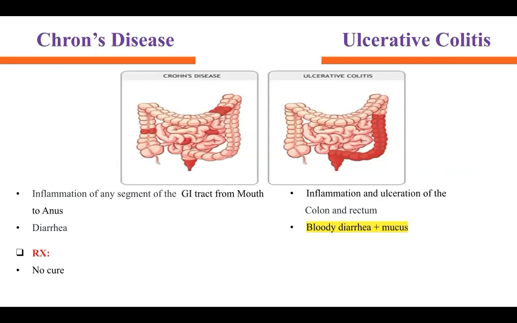Next one is Crohn's disease and ulcerative colitis. So what is Crohn's disease? It's inflammation of a segment in the GI tract, any segment. It's from the mouth to